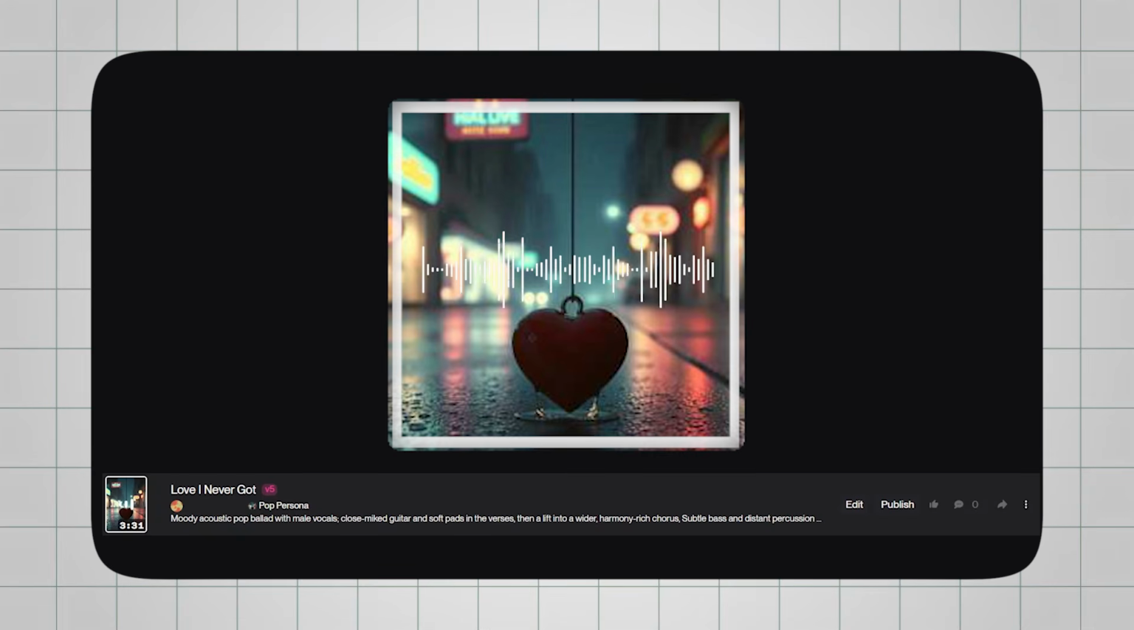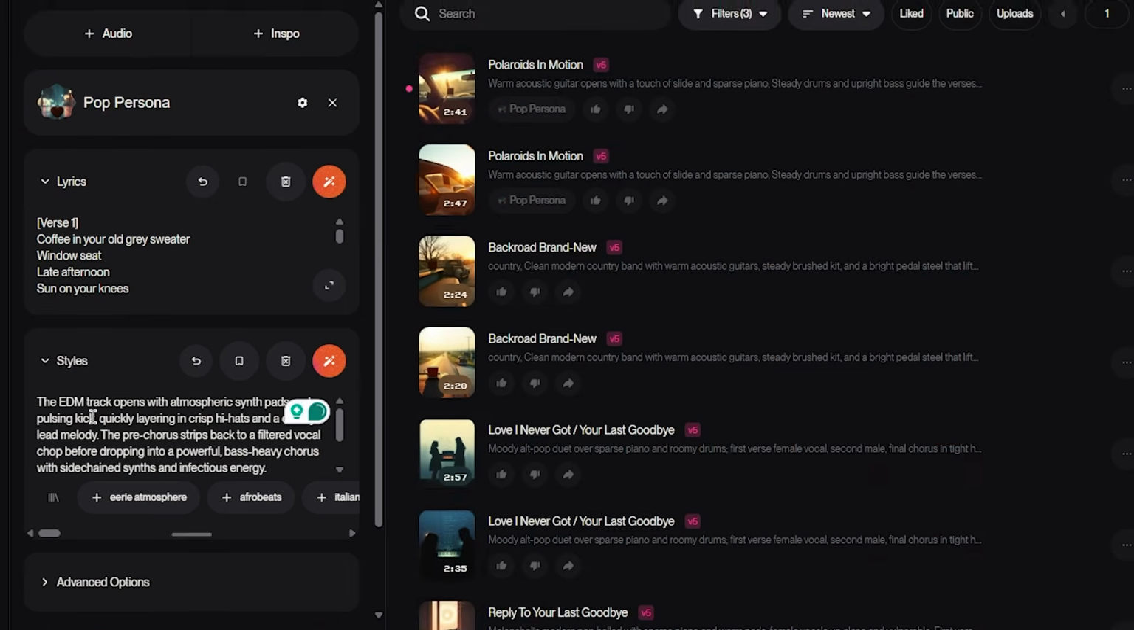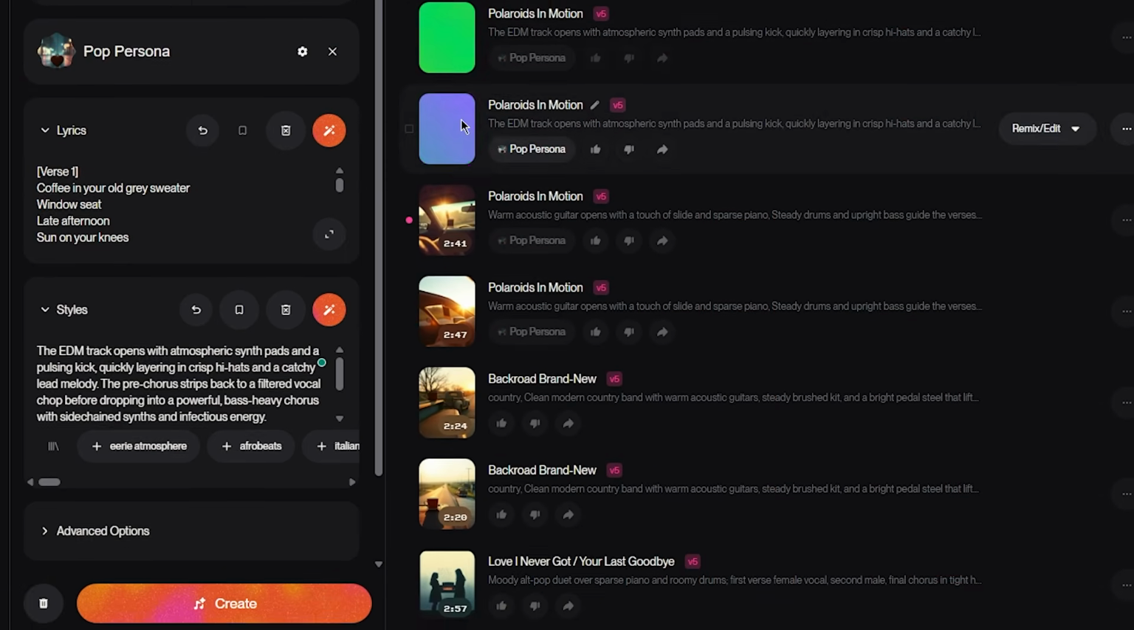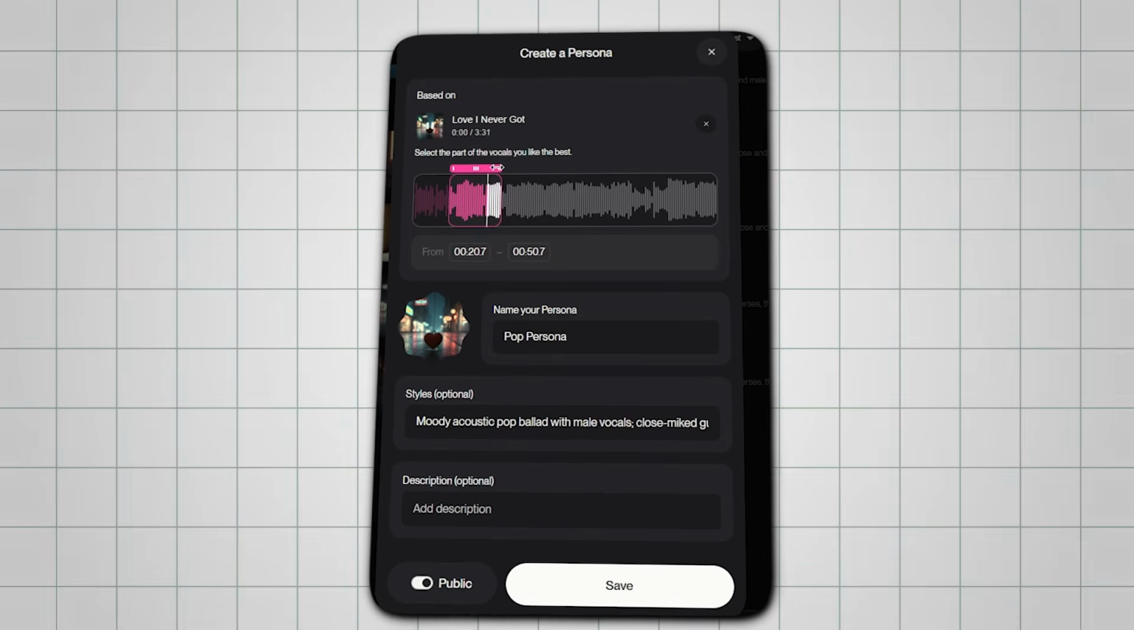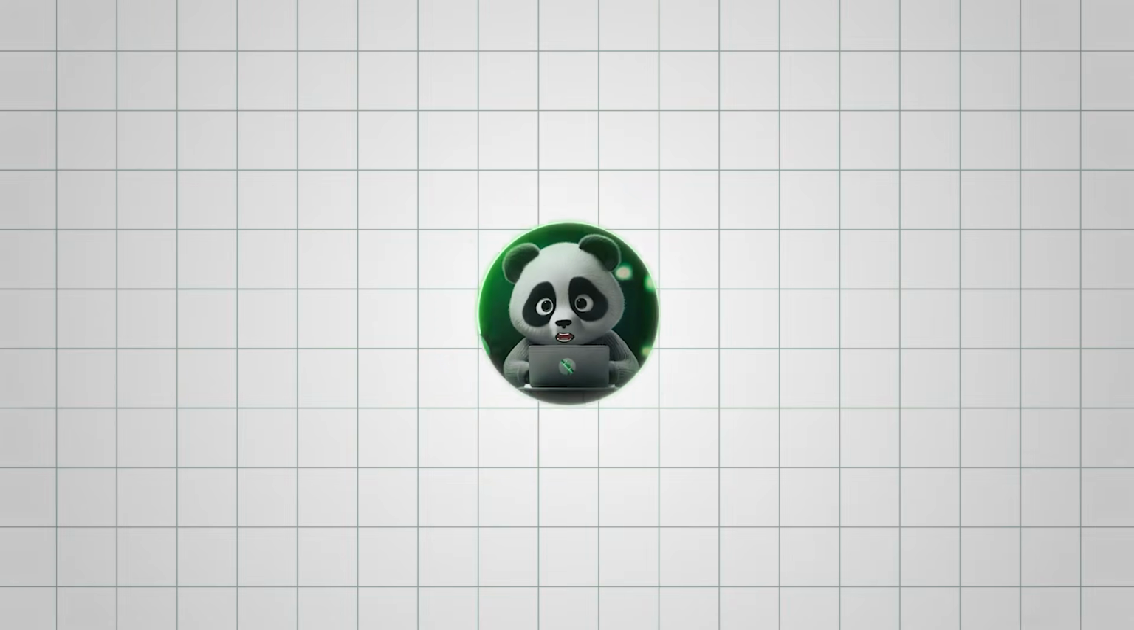I created a singer persona in Suno AI so that I can get songs across genres like pop or country tracks, keeping the voice consistent throughout. And in this tutorial, I'll show you exactly how Suno Personas work, including genre switching and how well the voice